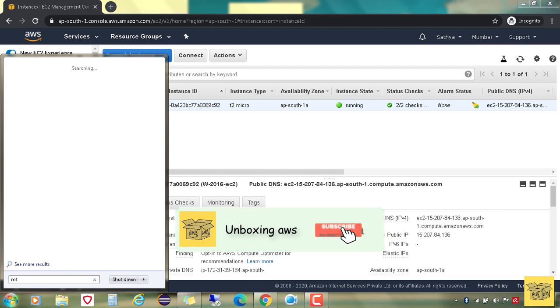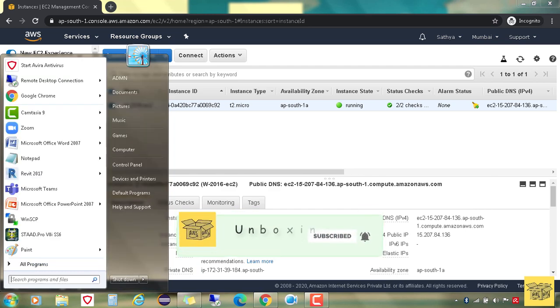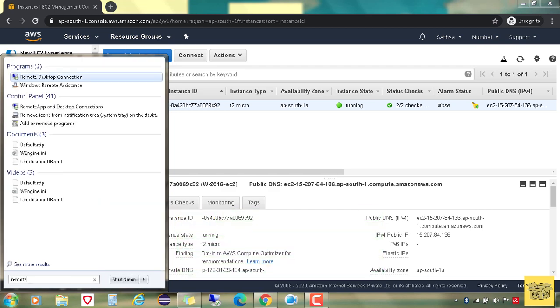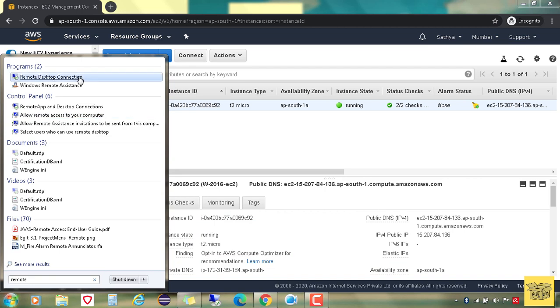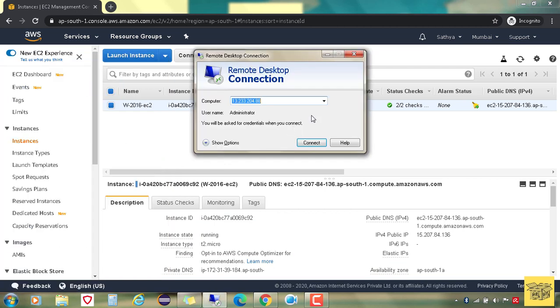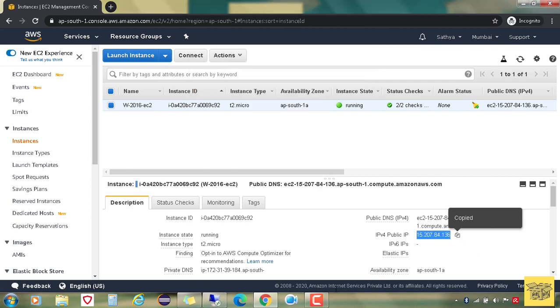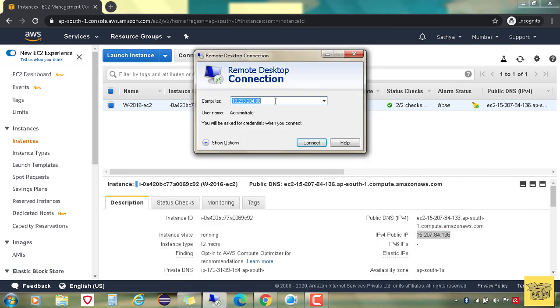Now search for remote desktop protocol. Copy the public IP address and paste it over there. Click on connect.